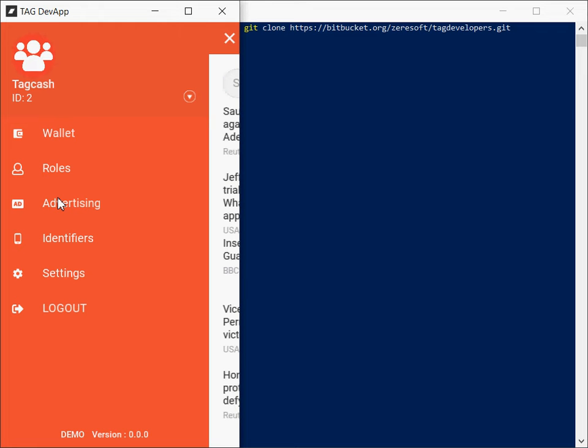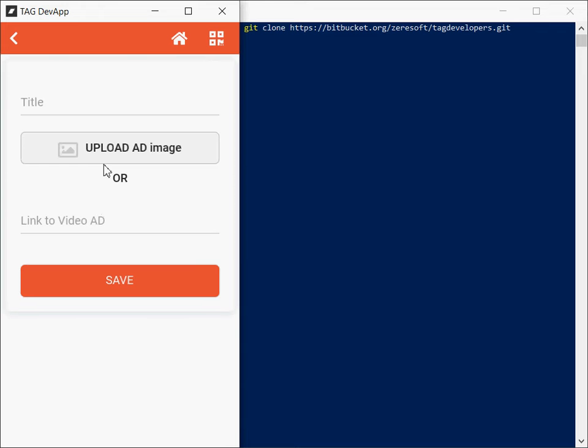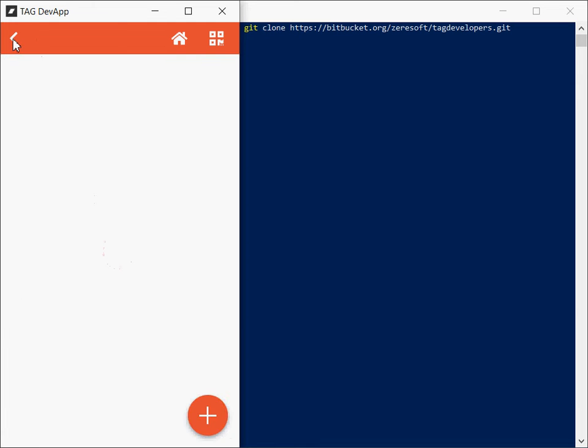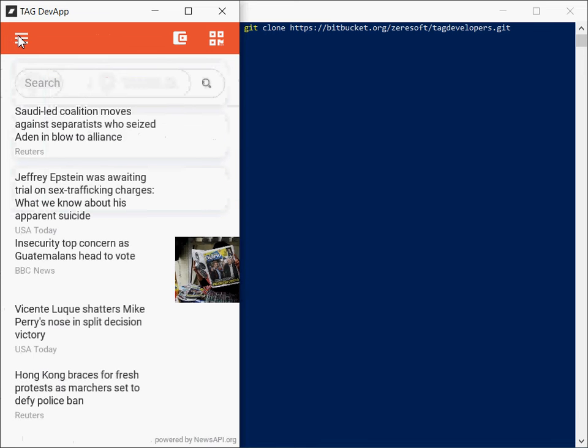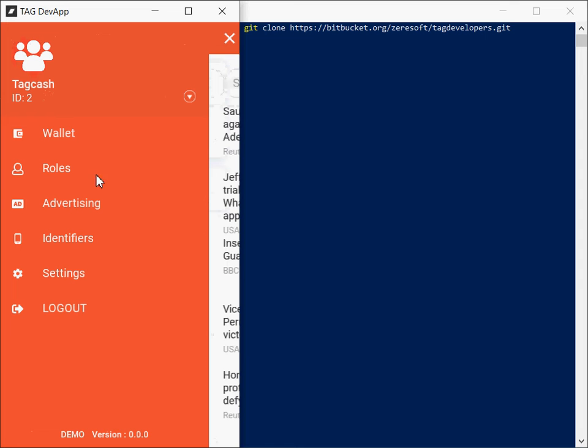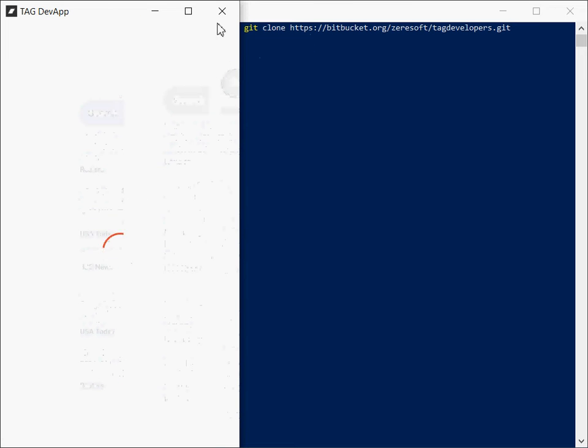So on the advertising side, for example, you can add in monetization for your particular application. So we can build them for you, or you can come up with your own as well. We'll add in other modules that you can use and reuse. But the first one you'll be creating,